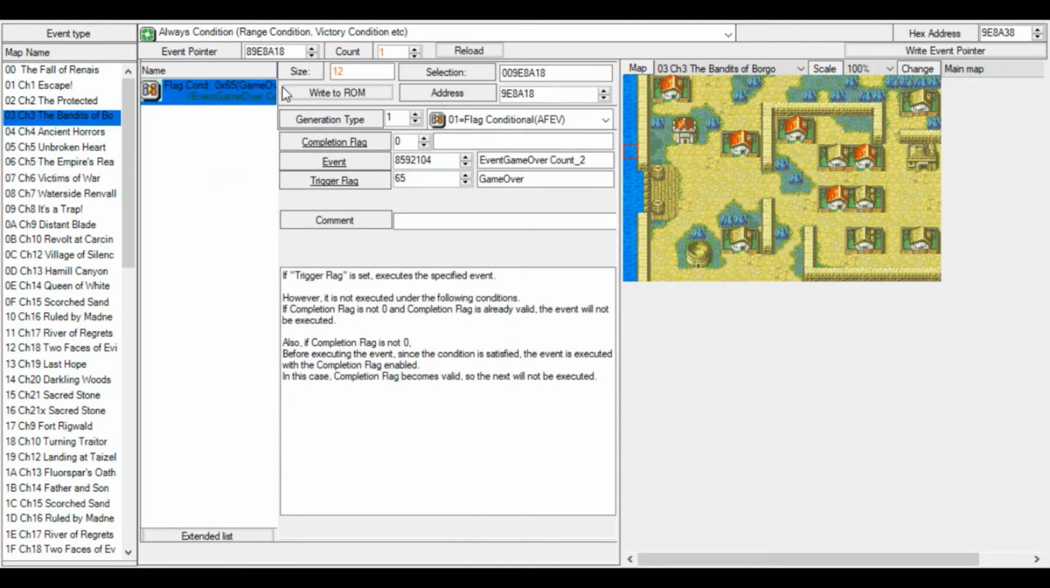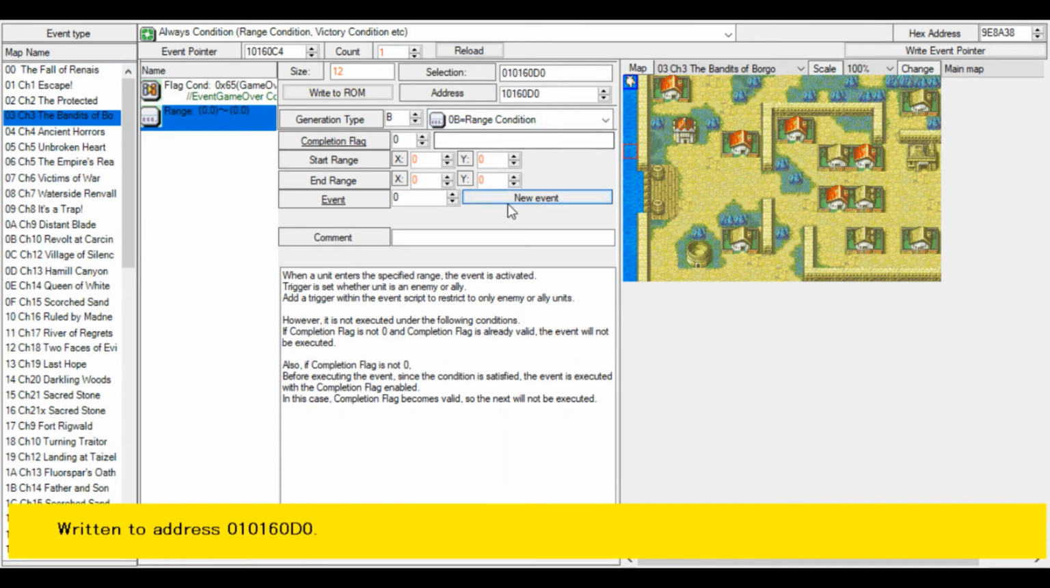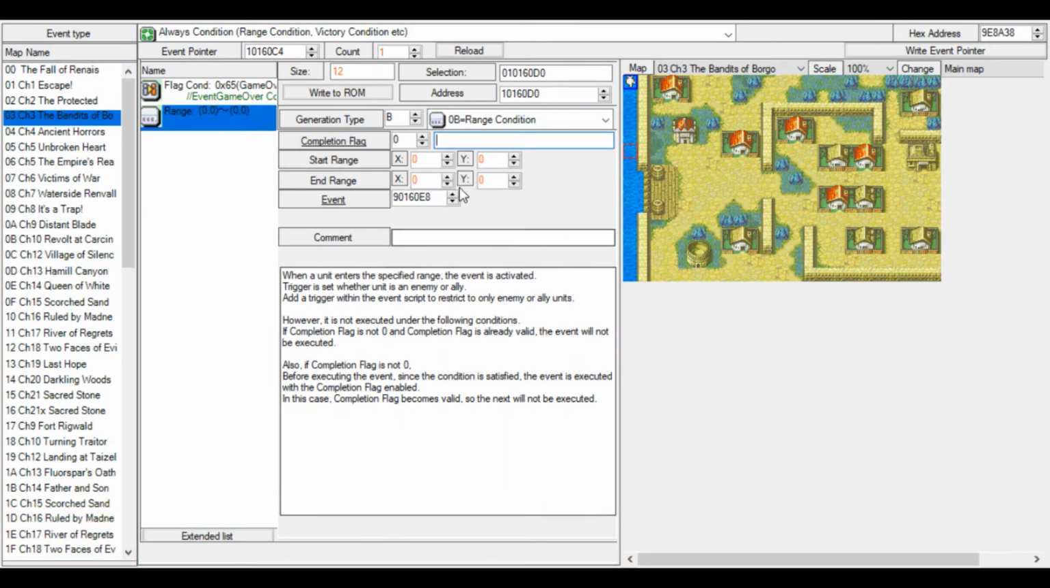Let's go to the final one, which is the always condition. Now you can actually do some really fun stuff with this. Let's change this to number 2. And let's make a range condition. Let's go create a new event. And we can make a sort of square box that if you get in that square box, you will trigger the event. Let's say it's when you get over here,